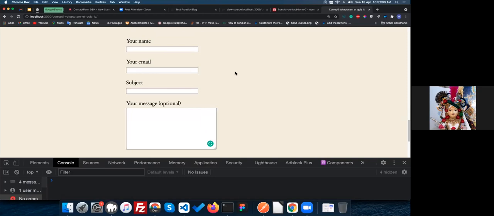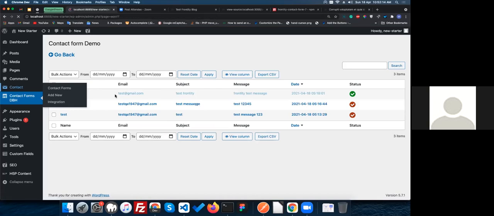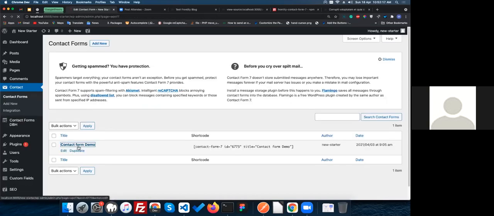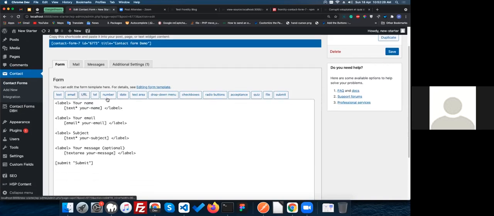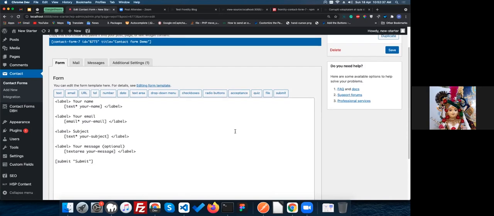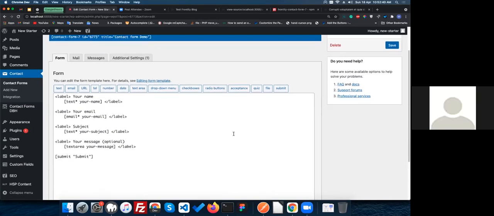I have one question. Can we use the field which you are using in WordPress, like the file upload field? Yes, you can use input file here also. As you can see, all the default elements of Contact Form 7. I'm not talking about extra add-ons, but all the options you get here, like text, email, URL, tel, number, all these fields you can also use in Frontity. Like Frontity will handle file upload also, so that is fine. Yes. Thank you.